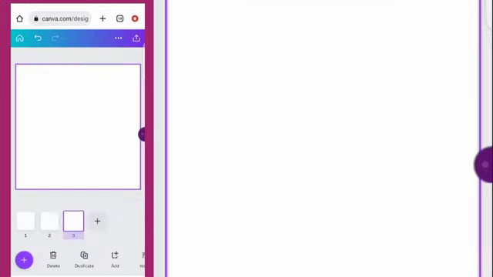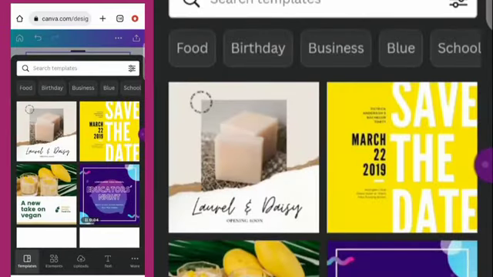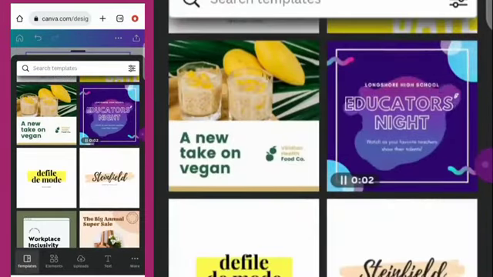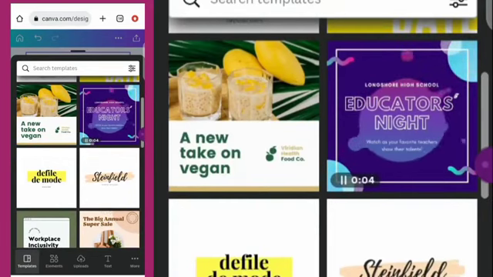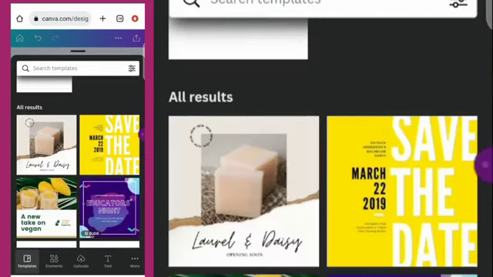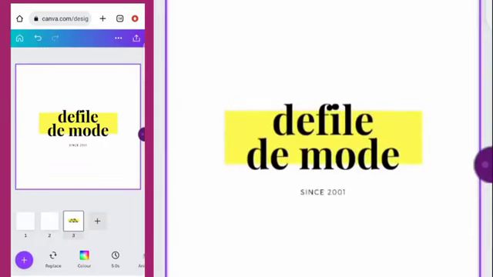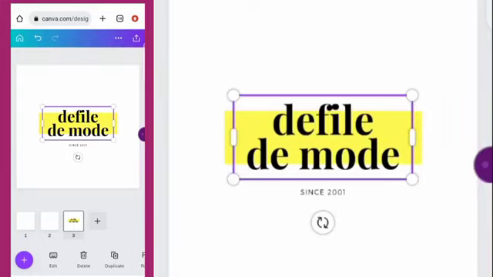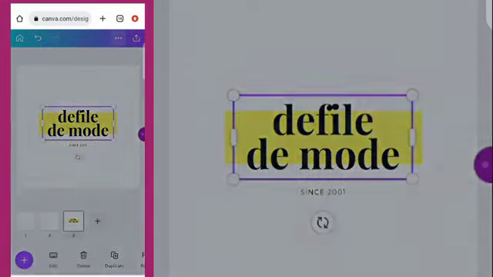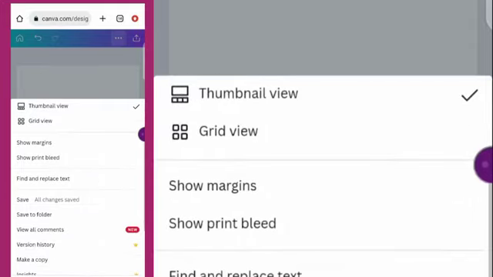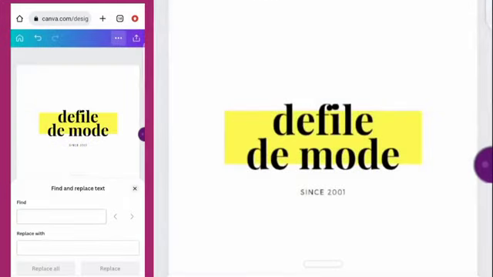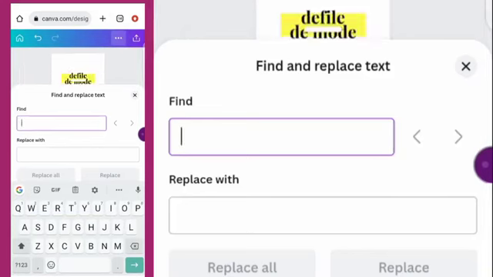Alright, so when you click on this plus icon, these are templates. You see templates you can actually edit. So I click on the templates. The network is actually misbehaving. The file, the mode, so I can click on it and edit the text. So let's see one of those. Okay, find and replace text. I can just click on this, the file,